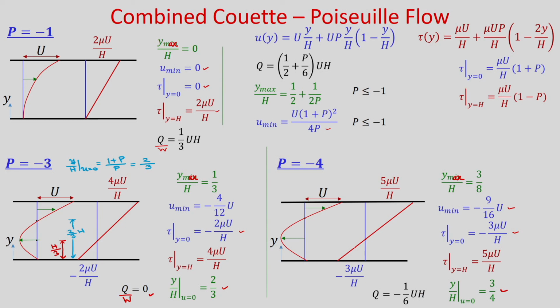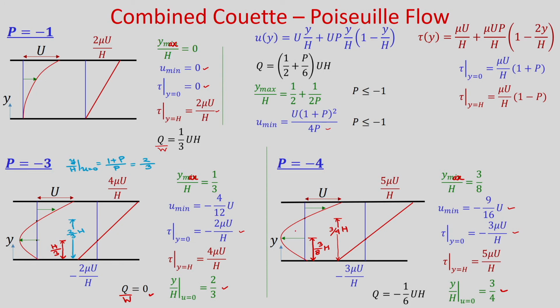So, you can see the shear stress distribution looks like this, and for the velocity distribution, near the upper plate you will get velocity in the positive x direction due to the shear of this upper plate, and due to the adverse pressure gradient you will get the flow reversal, and this is the location where maximum velocity will occur. So, that is 3 by 8 h, and where velocity is 0 you will get this location, this is 3 by 4 h.